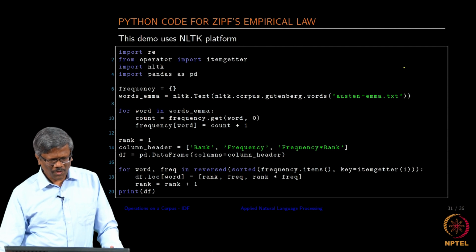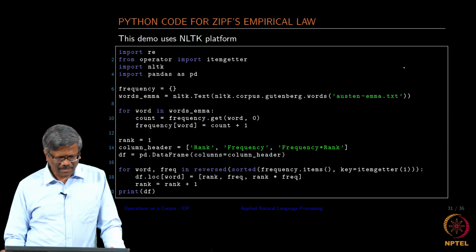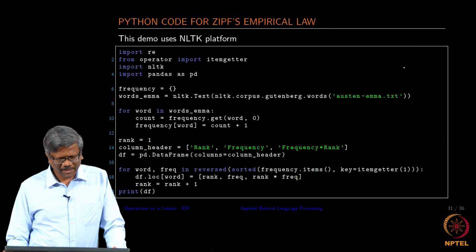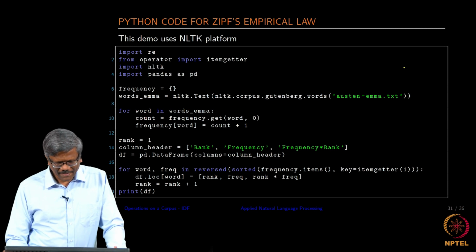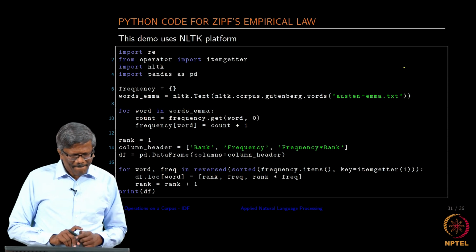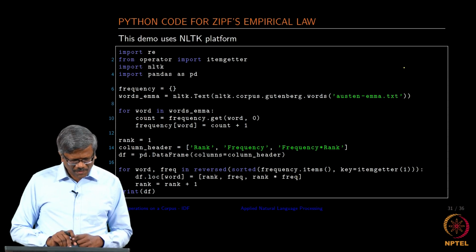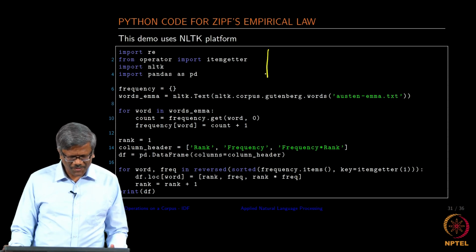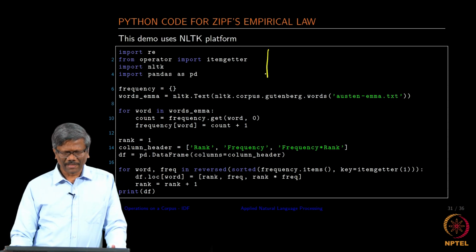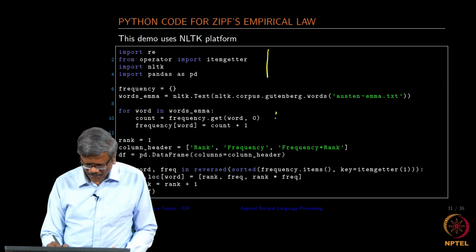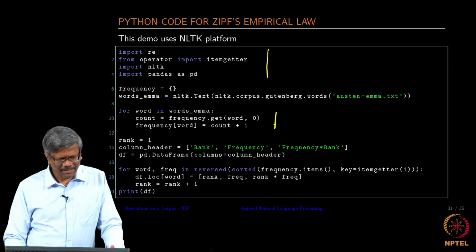Okay. Let us look at a small demo which computes the Zipf's value with respect to frequency and rank, and then see how it shows the table. I am not going to be talking about all of this. You probably should be able to find some details about that on the internet. So, I am going to take only the very important parts that we have here.